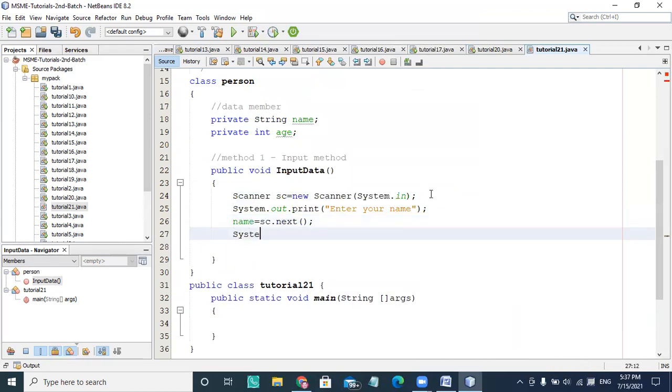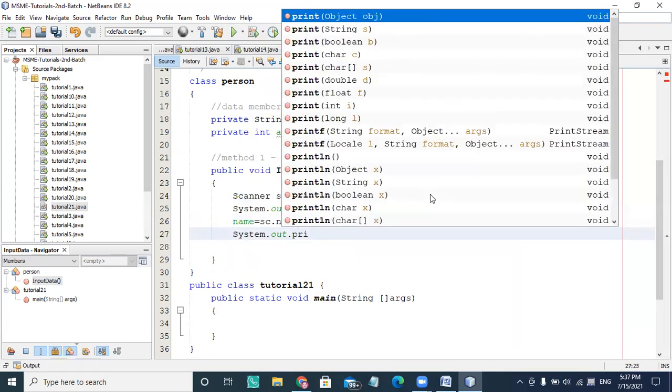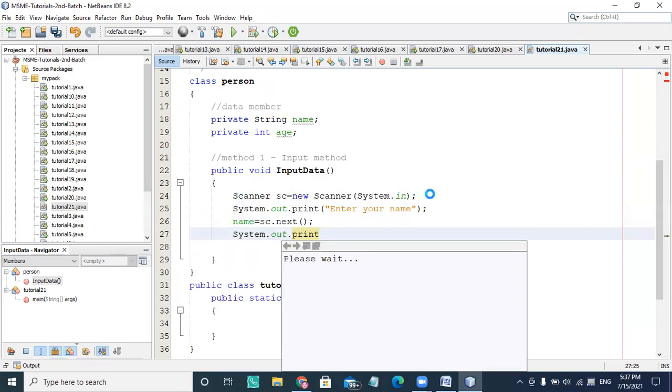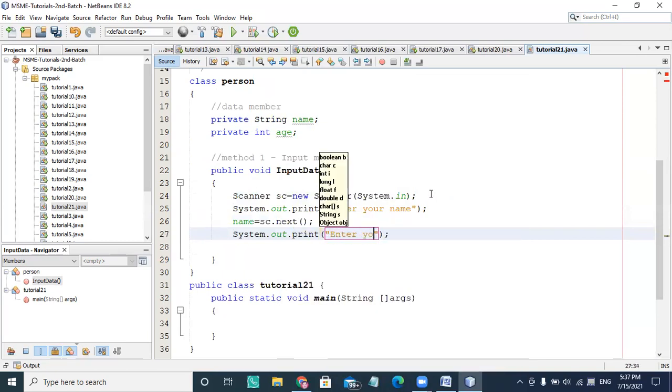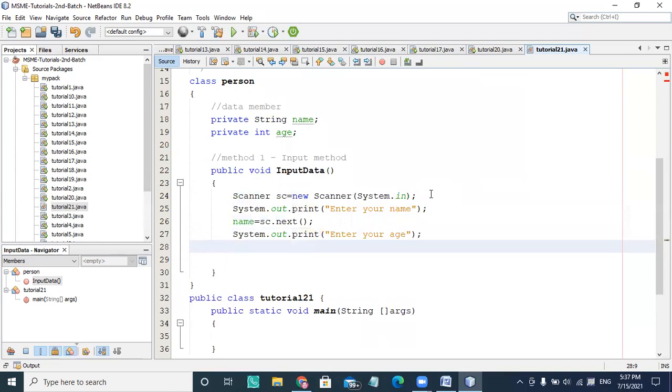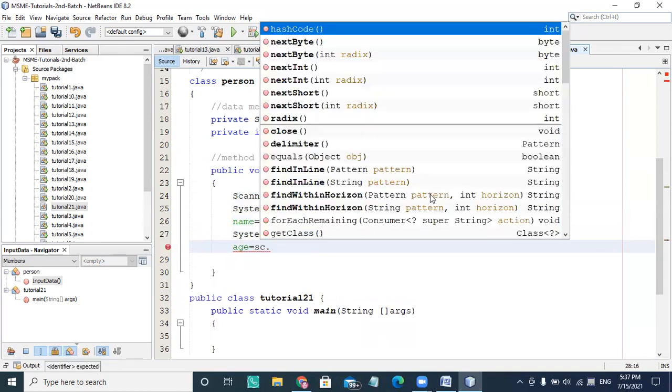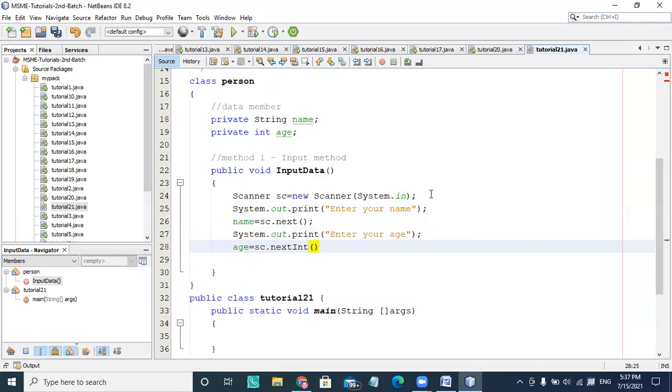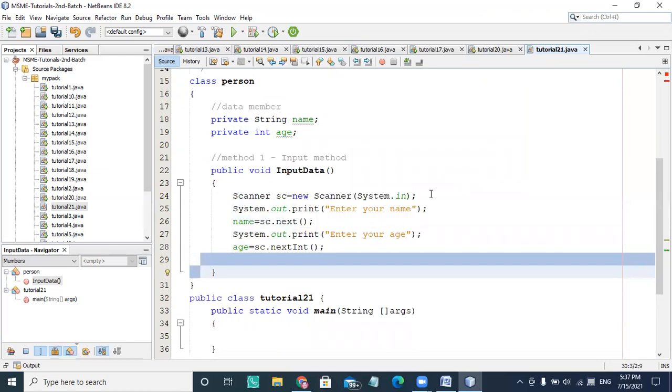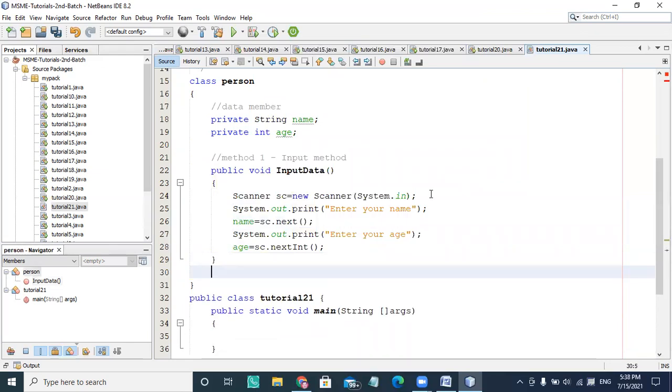After that, I'm going to use System.out.print and enter your age, age equal to sc.nextInt, because my age is in integer form. So this is method one, which is responsible for initializing the data members name and age of the class person. I'm doing initialization with the help of the inputData method.